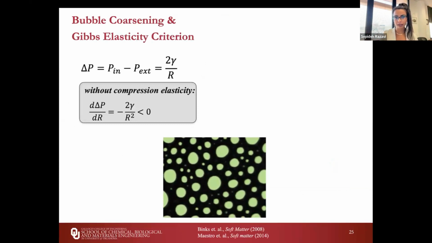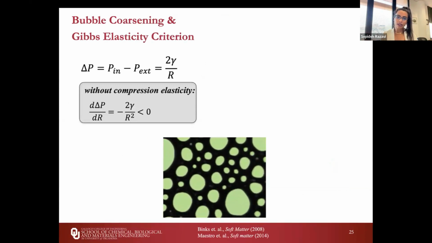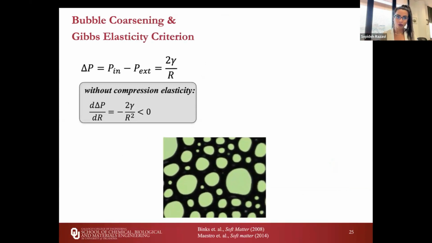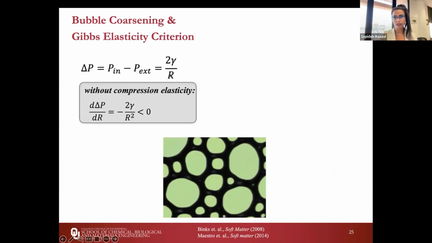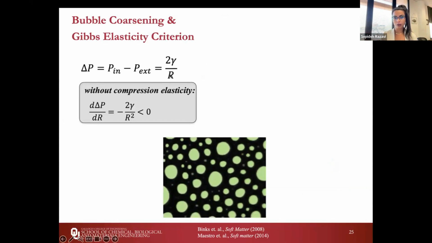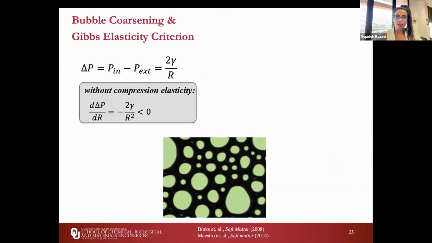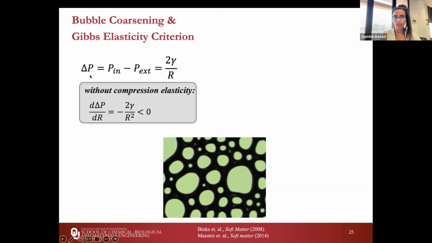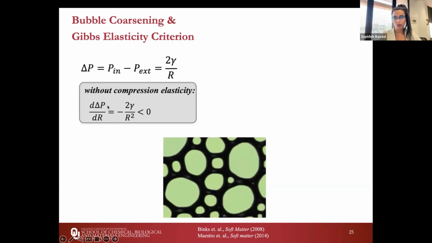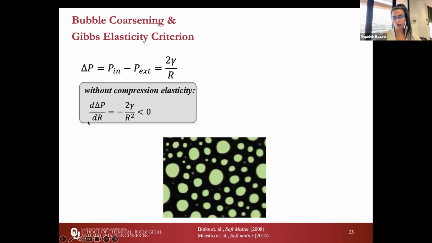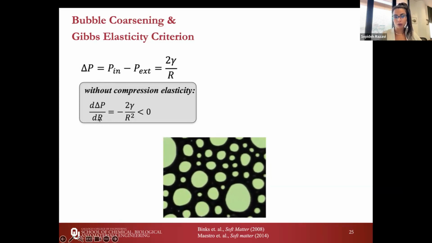Okay, well, how can we explain this from the properties of the particles we have put at the interface? If we look at the driving force for coarsening, the Laplace pressure can be written as 2γ/r, where γ is the surface tension and r is the radius of the bubbles you're looking at. If the network at the interface doesn't have any compression elasticity, the driving force is this ΔP. And as the radius of the bubble is changing, look at how this driving force changes as the bubble is coarsening or shrinking, by differentiating with respect to r as the size of the bubbles changes.